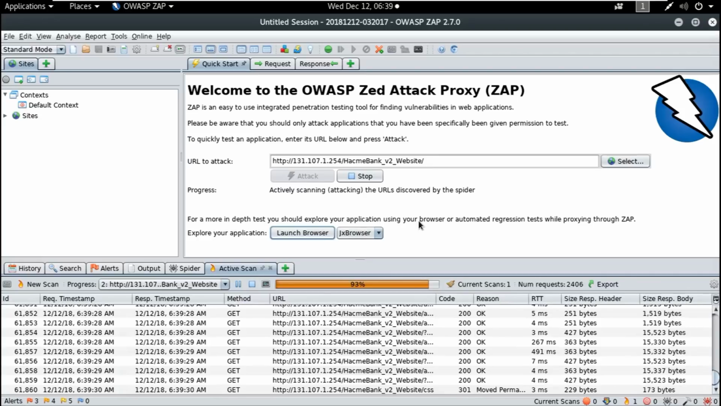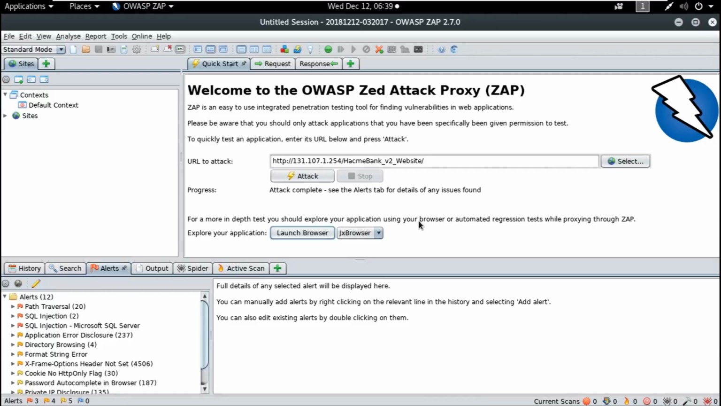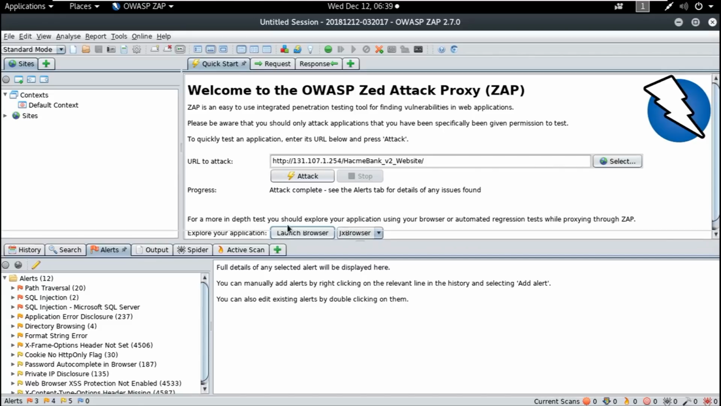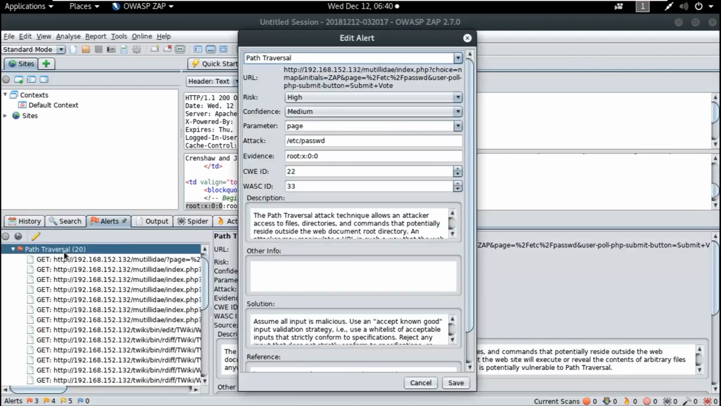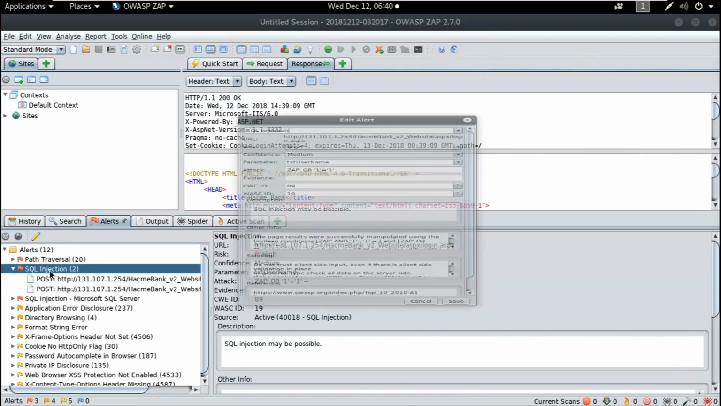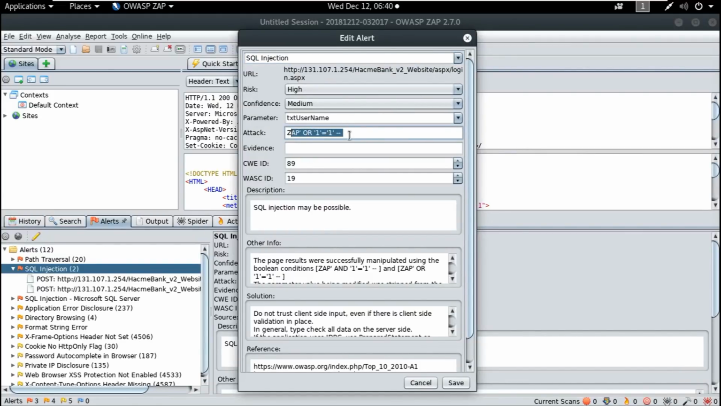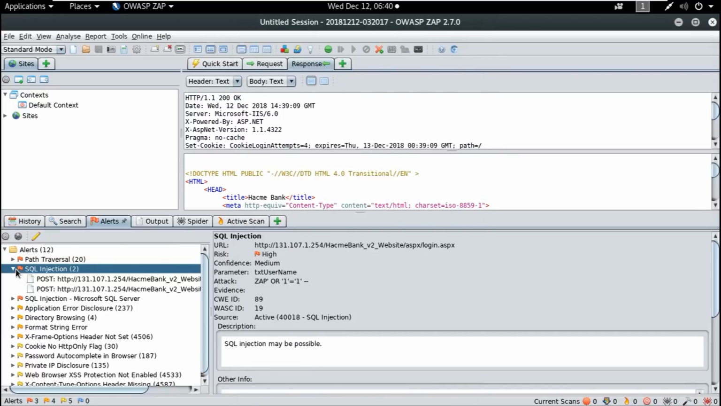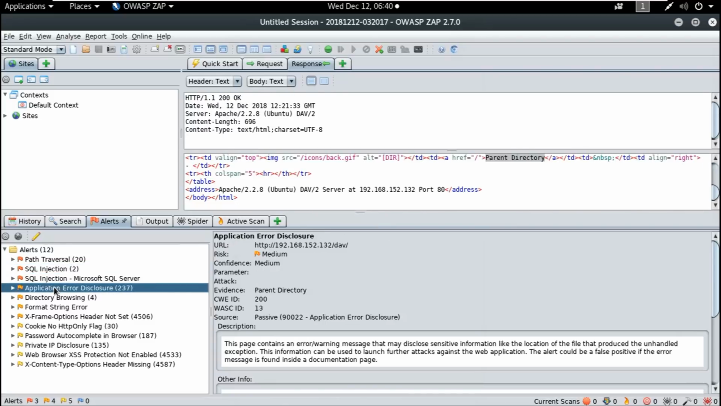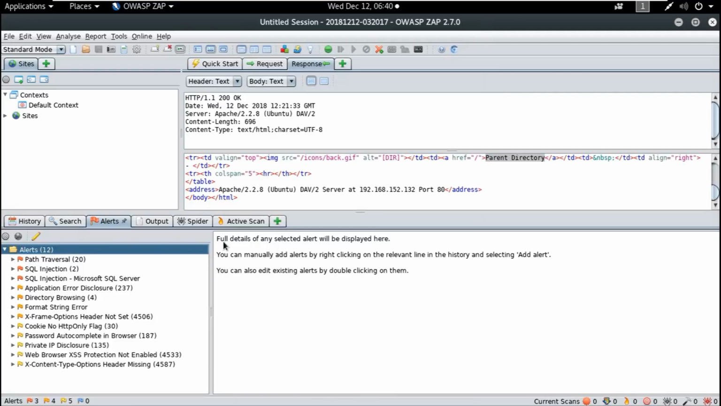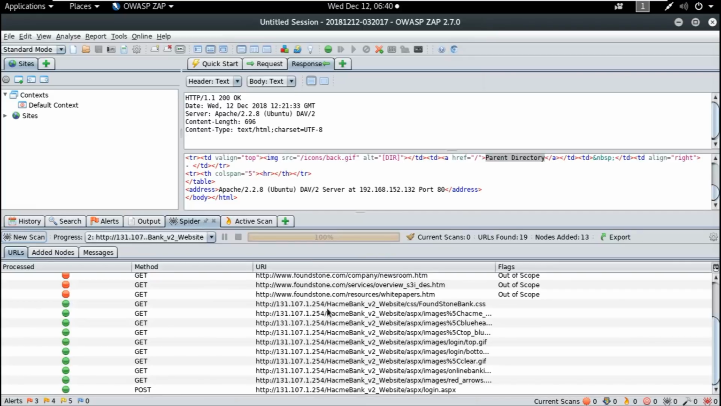If you want to use the commercial version of something like this, you could use Burp Suite, which includes the Burp Intruder in the commercial version, which you can use for attacking the target web server or website. As you can see here, I already got the result from my scanning. We got path traversal, we got SQL injection. It is running using attacks like ZAP or 1=1, and other things like Microsoft SQL Server injection, application error disclosure, and so on and so forth. You can see the alerts here, and you can do spidering here. We have already done the spidering, so we can see what happened earlier, and you go back